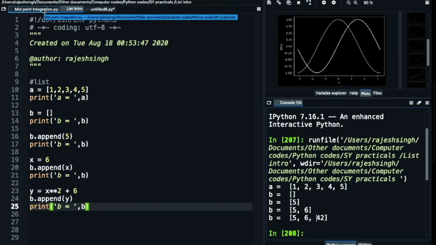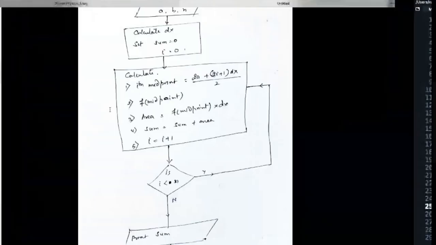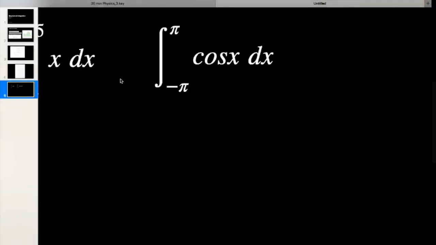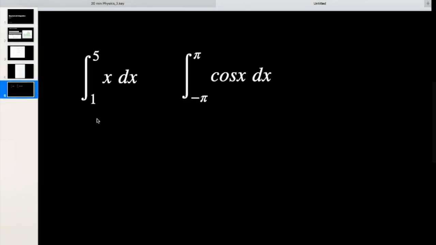Let me show you my program for this first integral. It is the integral from 1 to 5 of x dx. Please note that here my a value is 1, b value is 5, and my function itself is x. So f of x is equal to x.